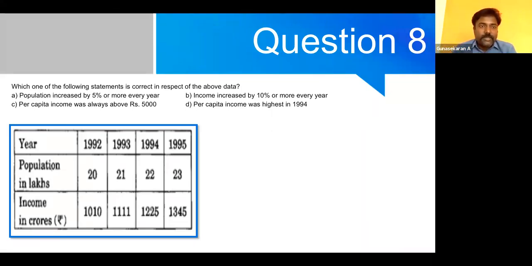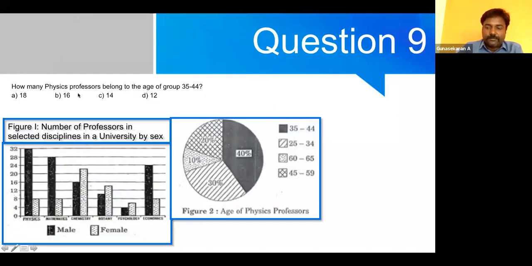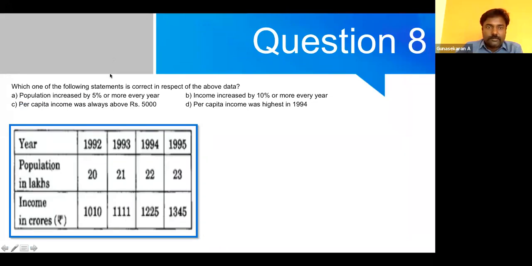It's a UPSC question, but a little bit lengthy. Try to understand. Population increased by 5% or more a year. From 20 to 21, how much percentage has it increased? What is the increase? It is a 5% increase. But from 21 to 22, it's less than 5% because